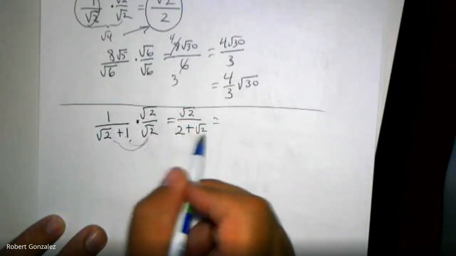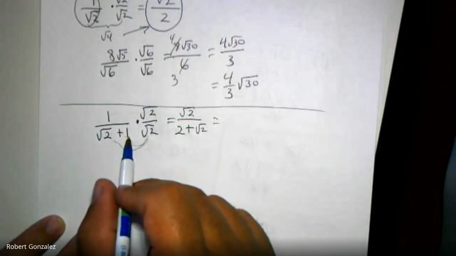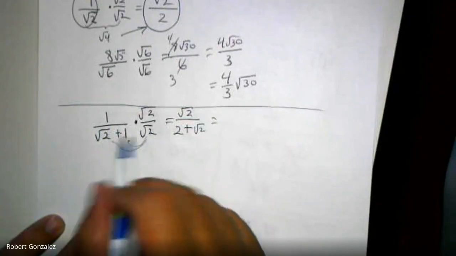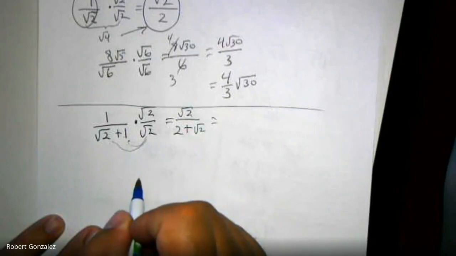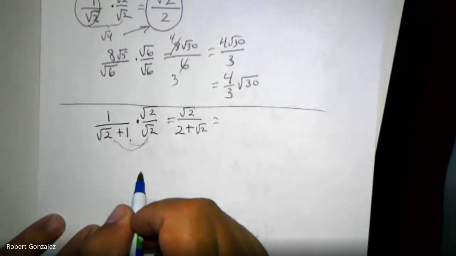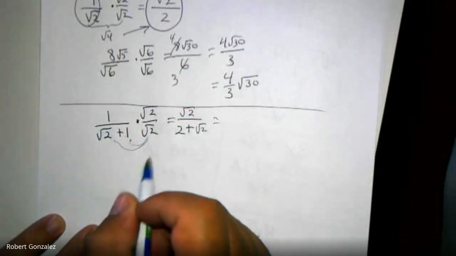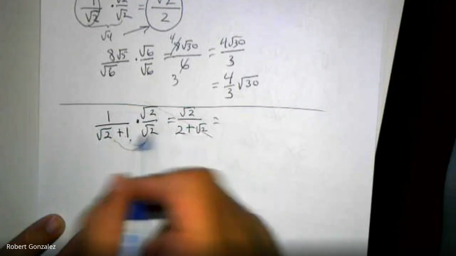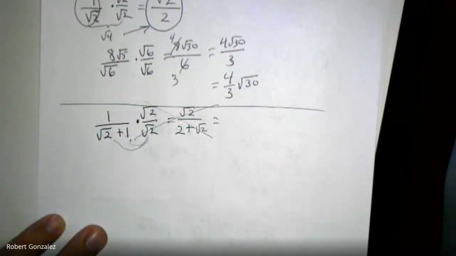We didn't eliminate the radical here. We just kind of moved it. We got rid of the first radical, but now we made a radical on the right-hand side. Something didn't work. So let's cross this out, and I'm going to show you how you use something called conjugates to rationalize the